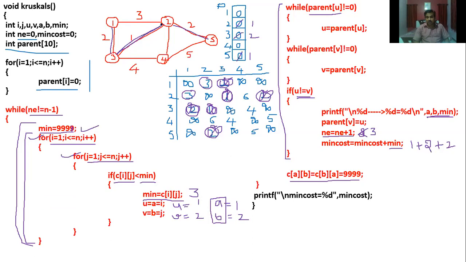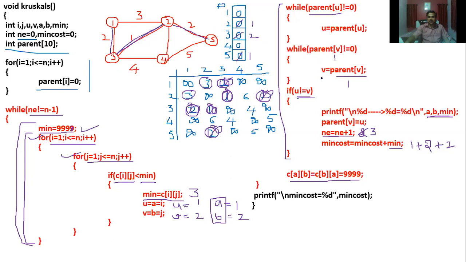So as per the constraint of your spanning tree, there should not be any cycle formation. So definitely we'll see whether there will be a cycle formation or not, with the support of this parent. Parent of u is 1. Parent of 1 is 0. Correct? Next, it comes out of this loop. 0 not equal to 0, false, comes out. Parent of v, what is v? 2. Parent of 2 is 1. 1 not equal to 0.